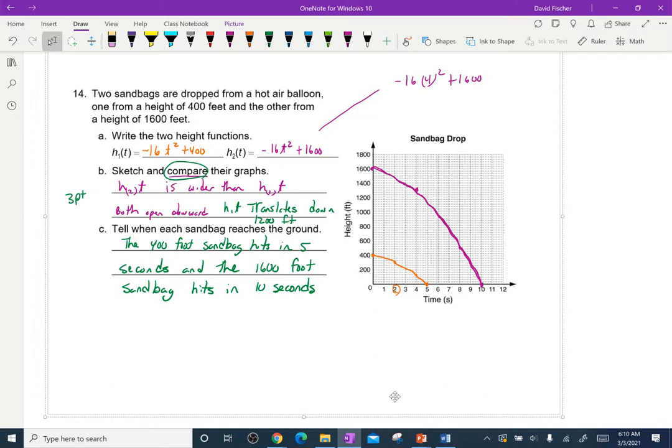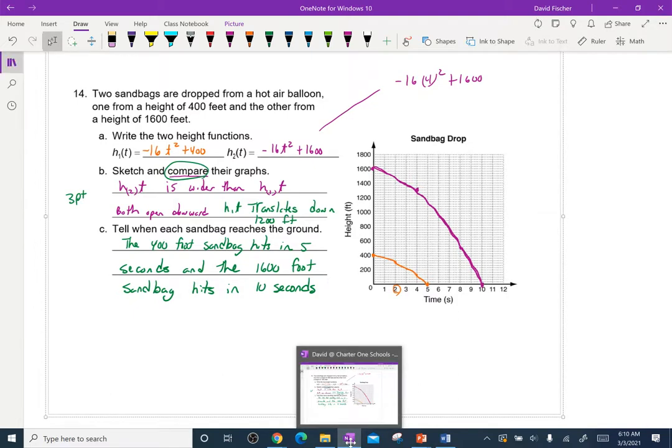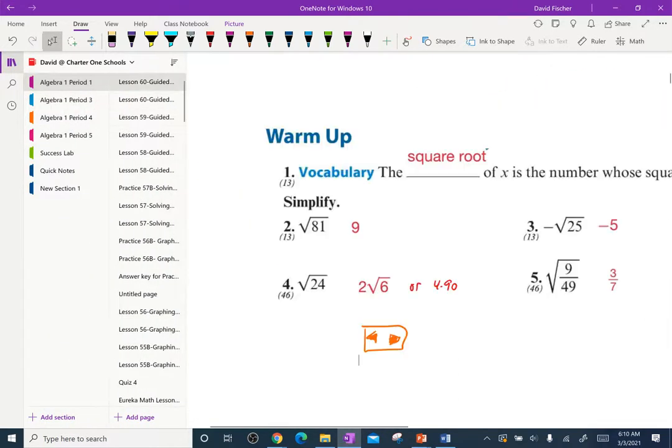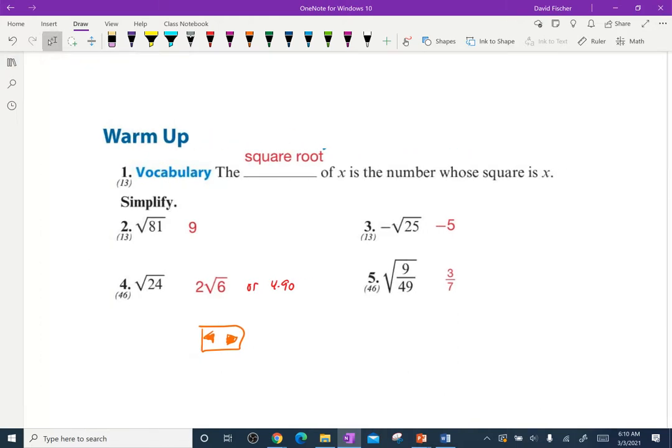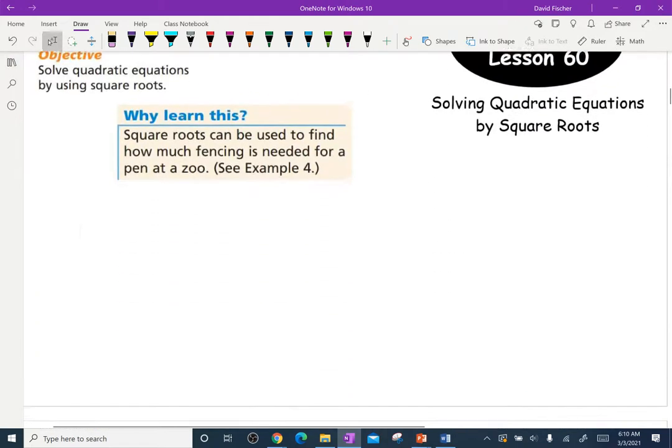All right, let's go to today's now. I think you're going to like today's. Again, you need a calculator, not a graphing one, but you need a calculator. All right, let's go to solving them by square roots. So here we go. We're going to use the square root, and we're going to end up finding how much fencing is going to be used to put in a fence around a zoo